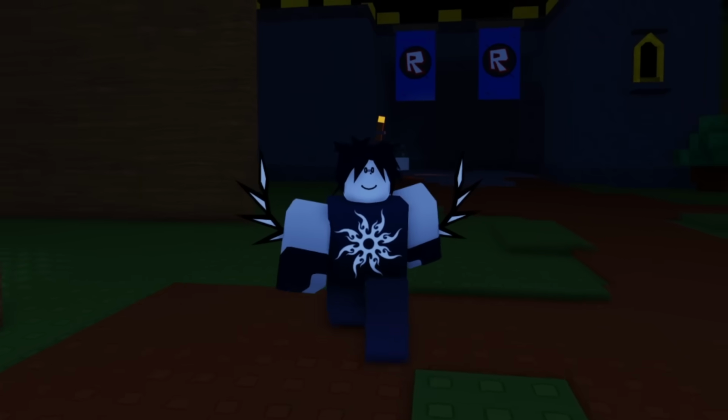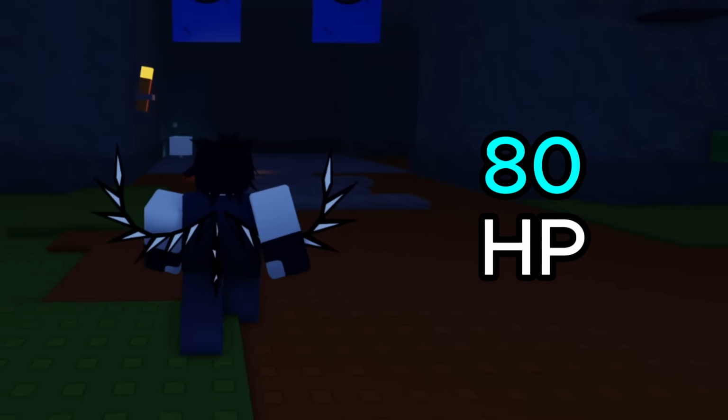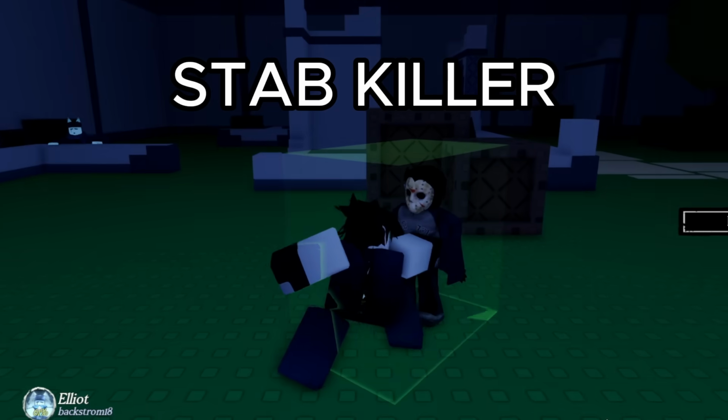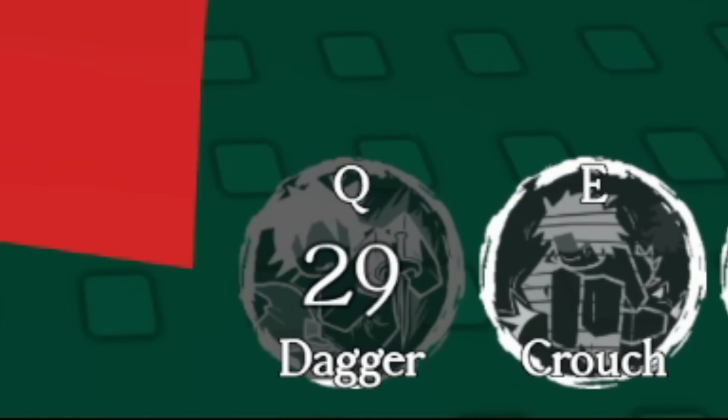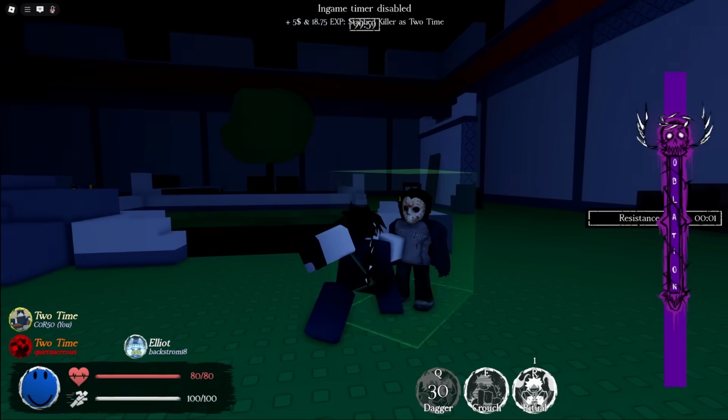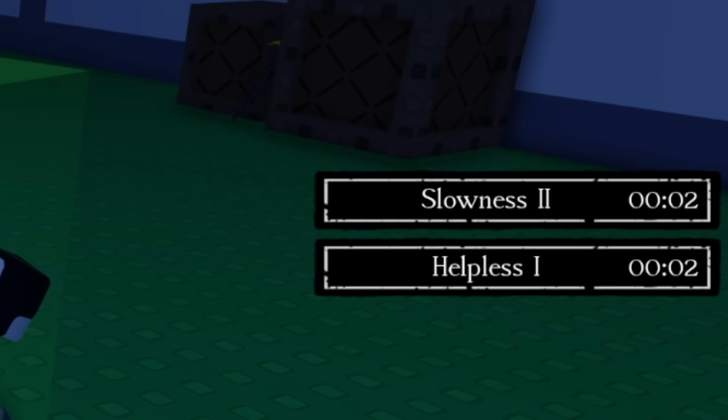First, looking at their base stats, they have not changed, still being 80 health, 12 speed, and 24 sprint speed. Their first and main ability is their dagger, which you can use to stab the killer. It has a cooldown of 30 seconds, and depending on if you hit a front or backstab, the effects are different. If you land a front stab, it deals 25 damage and inflicts the killer with slowness 2 and helpless